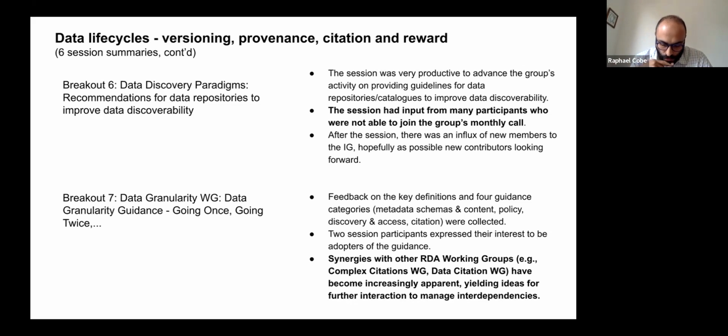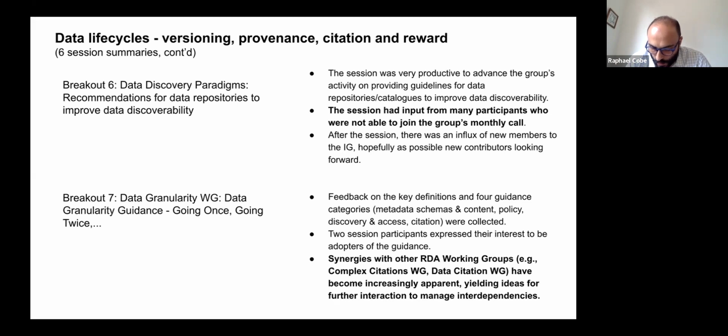Yeah, so moving on to the next one, the data granularity working group. They asked for the audience feedback on the key definitions and guidance regarding metadata schemas, content, and policy. They reported that they collected such feedback. One good thing to note here is that 2 participants volunteered to be adopters of this